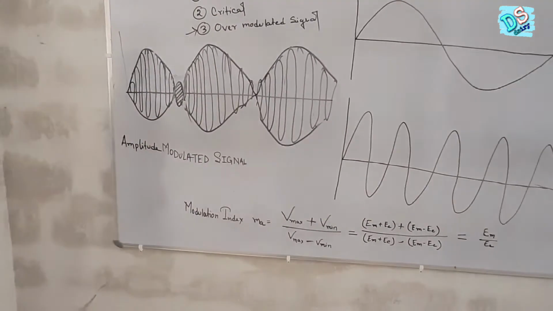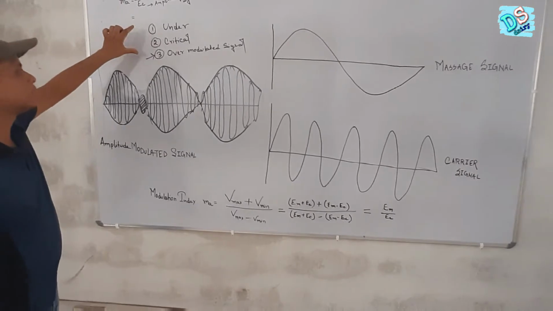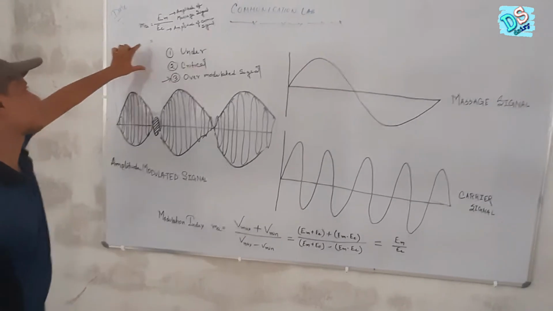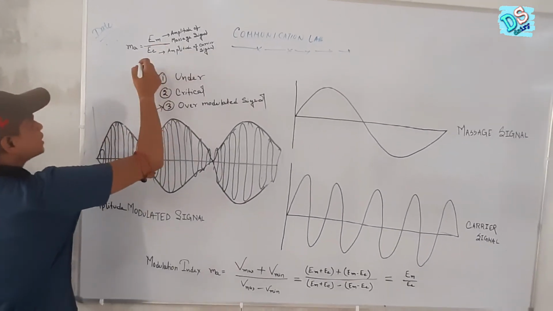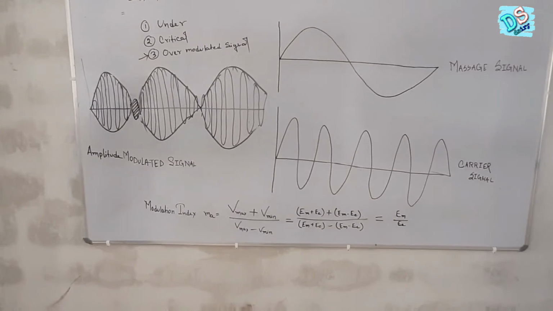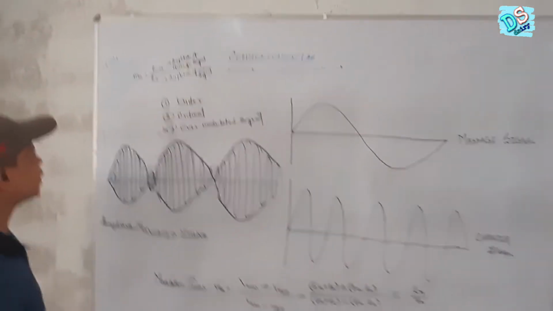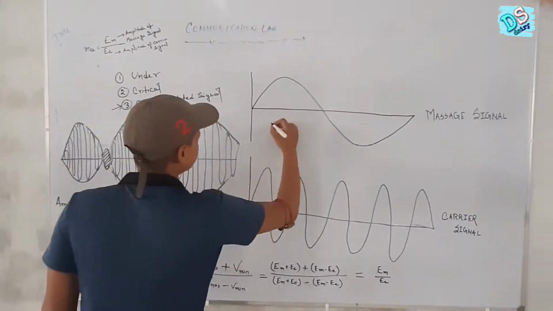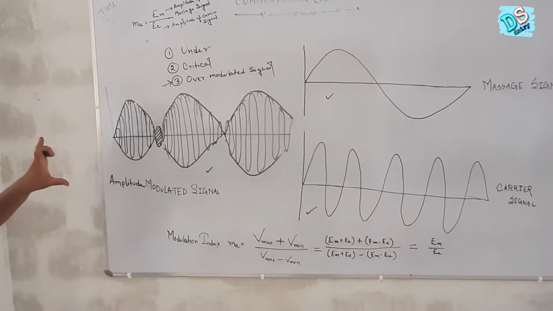Okay. Now this modulated condition of signal can be measured through the modulation index or called MA. This is actually the ratio of amplitude of message signal by amplitude of the carrier signal. Now in case of practical, we can't measure this parameter directly. We can see like that, message signal can be seen like that, carrier signal can be seen like that, and our modulated signal can be seen like that.